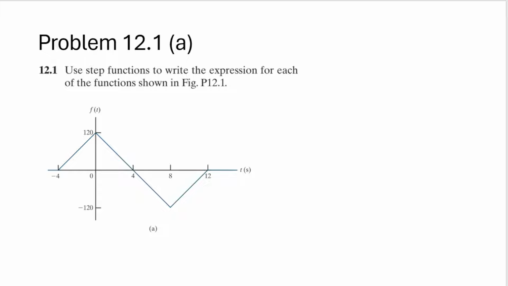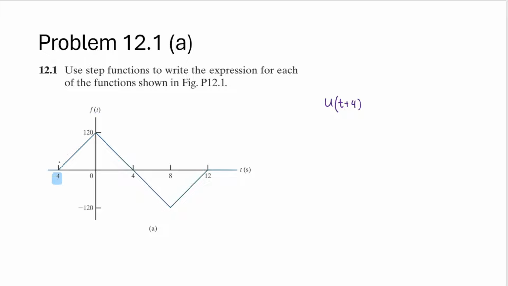Maybe let's start here. This part is starting at -4. So obviously we start with u(t + 4), right? Because it is just u(t), a step function, shifted to the left by 4 units. So in principle, we start with u and then t + 4. And what matters is what happened after that.